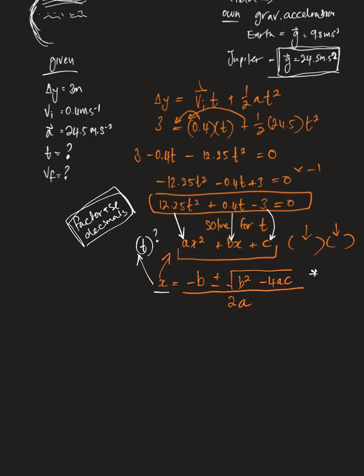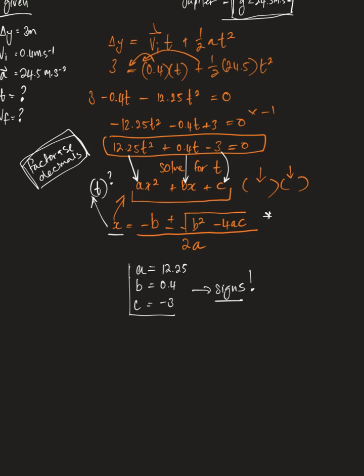So in my formula, a is equal to 12.25, b is equal to 0.4, and c is equal to negative 3. So don't forget a couple of things. You need the signs. All right, let's have a look here how this is going to look. So I've got t is equal to, because it's not x, we're solving for t, negative b, negative 0.4